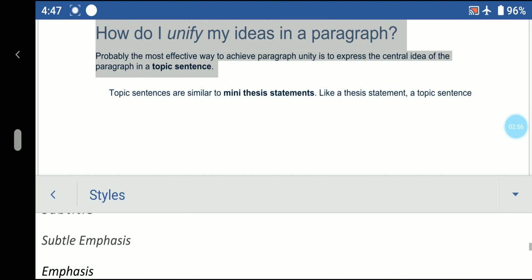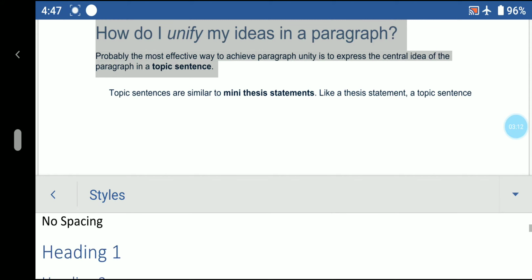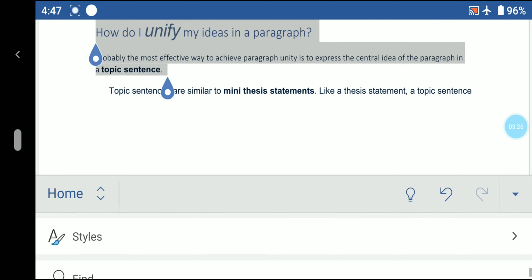Different types of styles are out there, and there will be a total Styles group. Under this, several options are there: Normal, No Spacing, Heading 1, Heading 2, Heading 3, everything like that. You have to click on that and choose any style among them. I want Heading 1. As soon as I have clicked Heading 1, you can notice there is a change in the style. Previously it was not there.